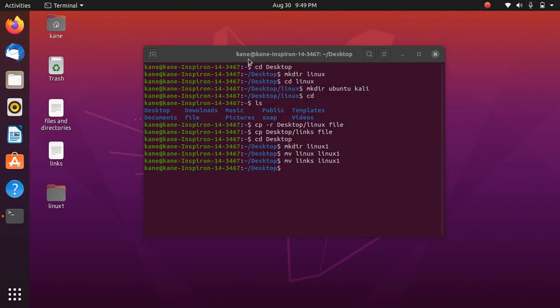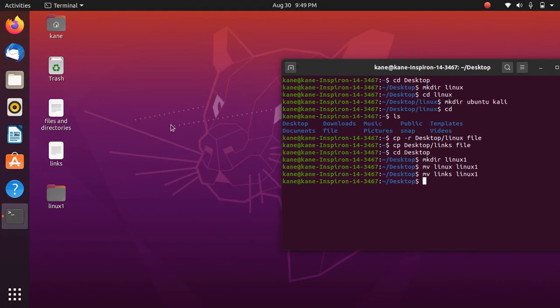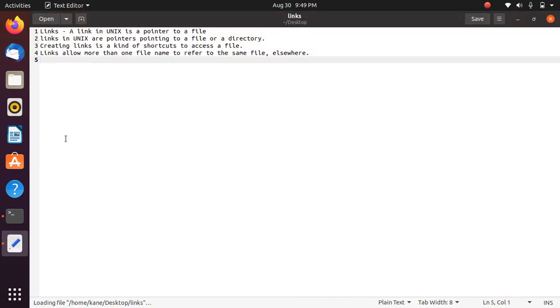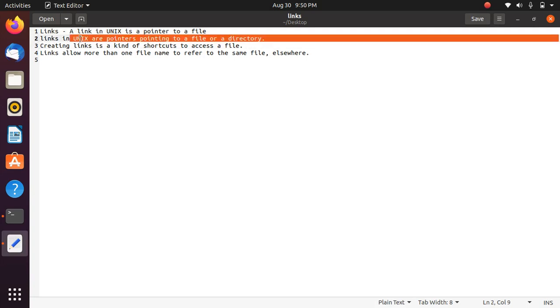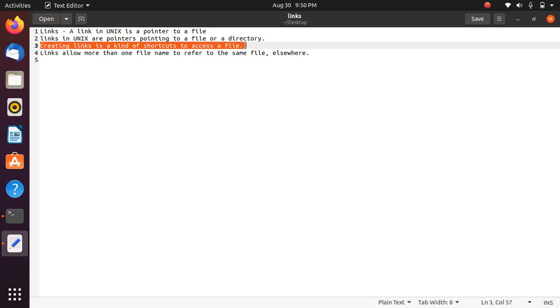Now before we move to the link command, first of all let me demonstrate what a link means. The definition of a link is that a link is a Unix pointer to a file. You can create a link of a particular file, and you can access that file using that link. Creating links is a kind of shortcut to access a file.